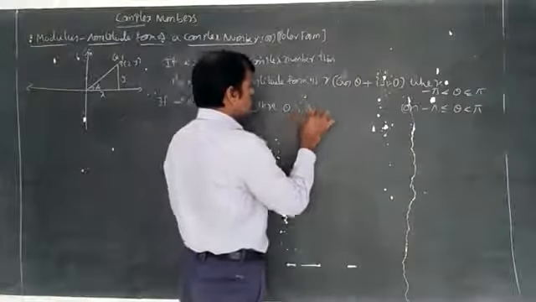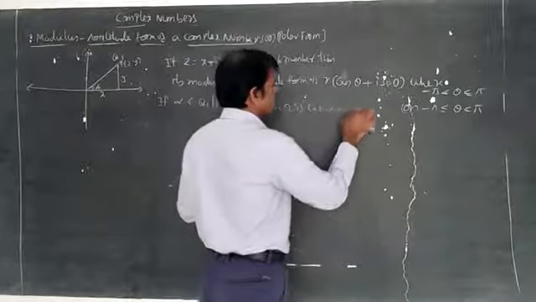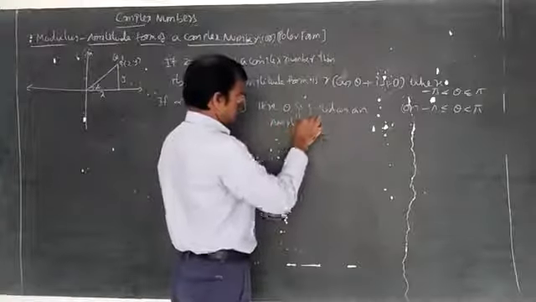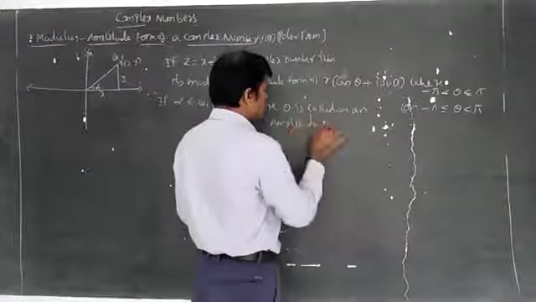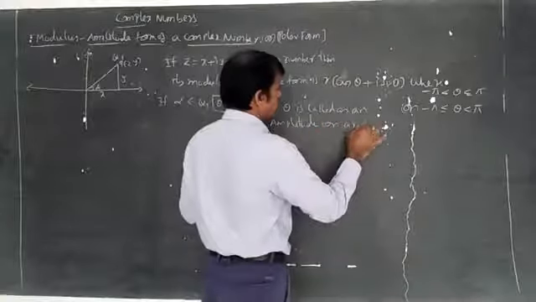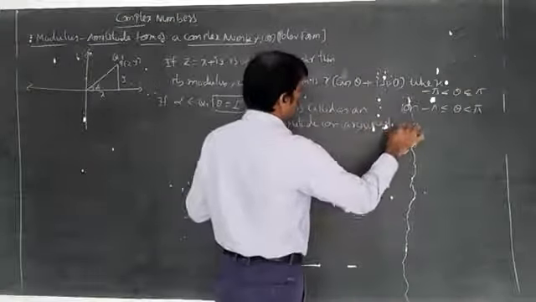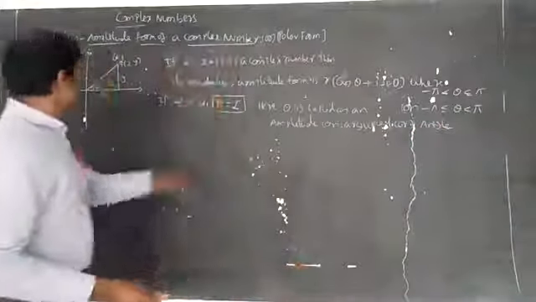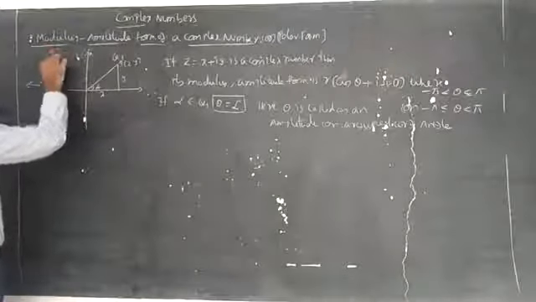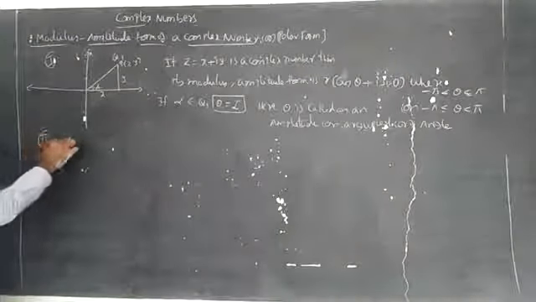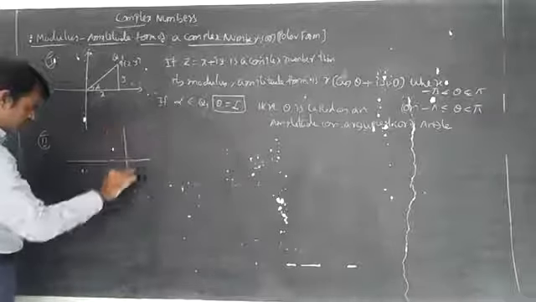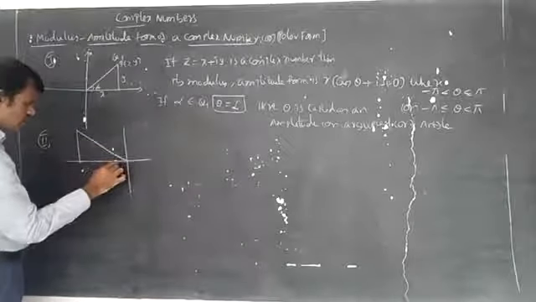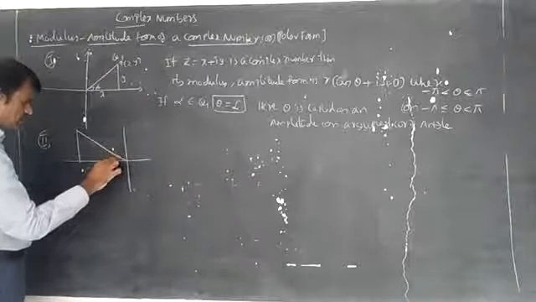Theta is called an amplitude, or argument, or simply angle. This is the Q1 position. Put Roman numeral 1 here. Next, put Roman numeral 2. If the angle is indicated here from the positive direction of the x-axis like this,